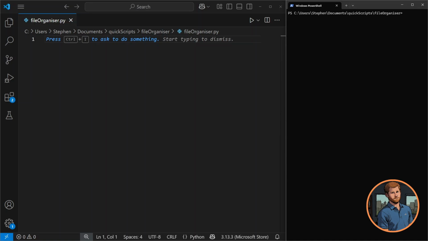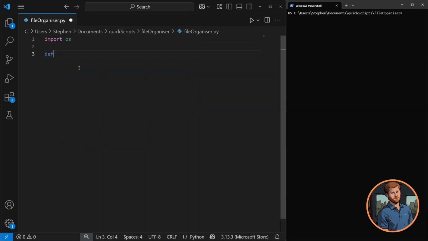So let's start things off. We'll start with a bit of basic scaffolding here. So let's import os. The os library comes built in, so we can simply ask it to do things for us. Like we go def main,